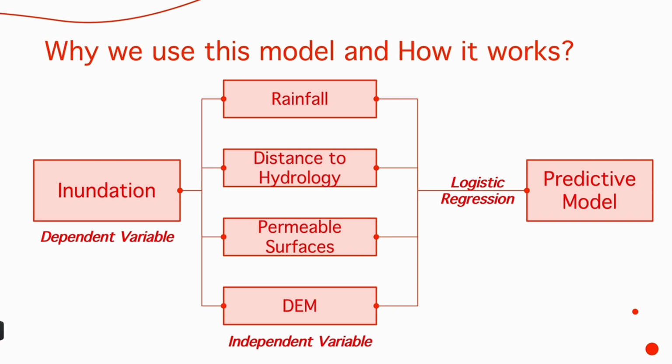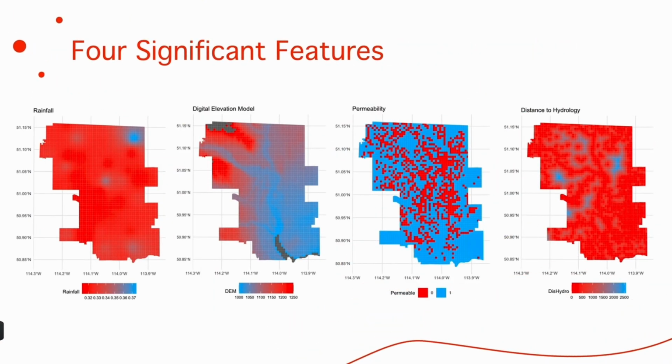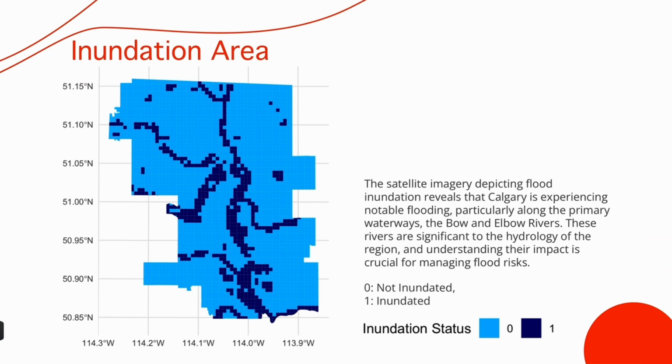risk of flooding. Starting with a 500 x 500 feet fishnet, we incorporated elevation, rainfall, permeability, and distance to water bodies to analyze flood risks. We also merged the fishnet with inundation data to visually differentiate between affected and unaffected zones, using light and navy